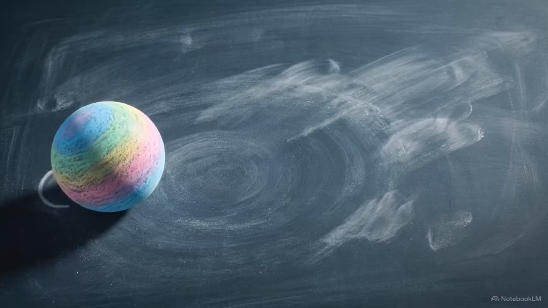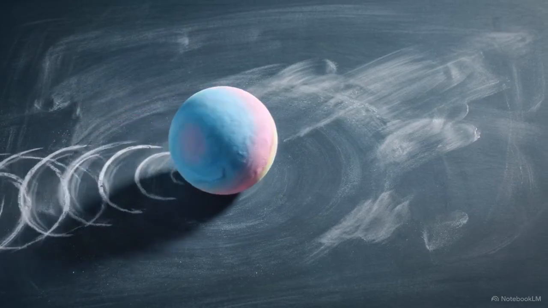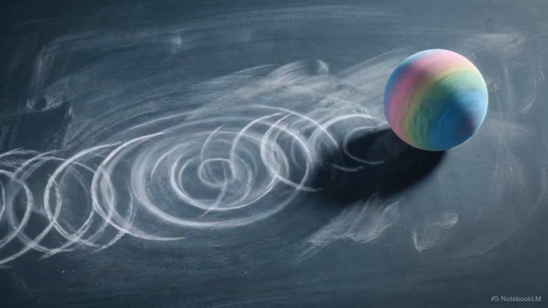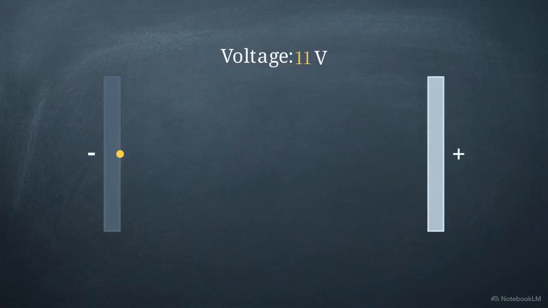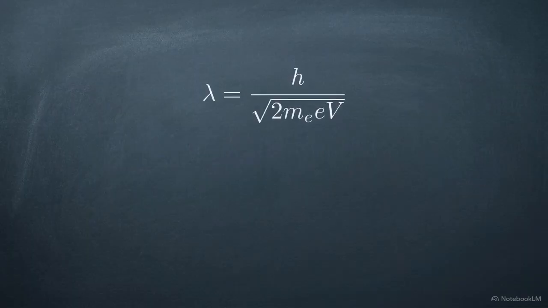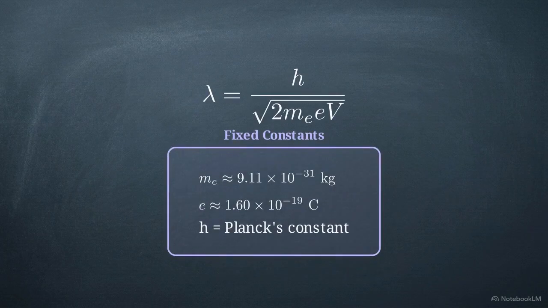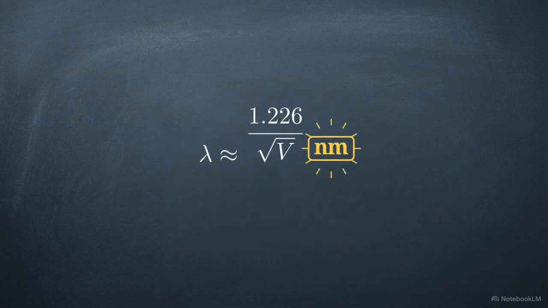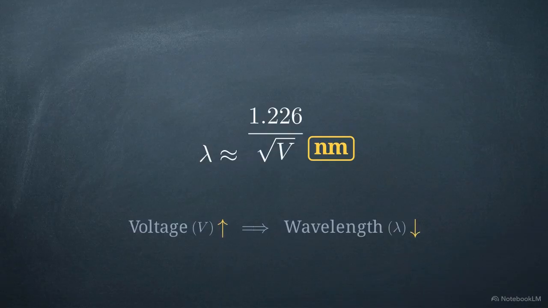This equation carried an explicit physical claim. Matter is inherently wave-like, a property that contradicts the classical billiard ball model of the universe. In the laboratory, we control a charged particle's energy by accelerating it through a voltage, rather than measuring its momentum directly. Since the mass and charge of an electron are fixed, de Broglie's formula yields a specific rule of thumb. An electron's wavelength is approximately 1.226 divided by the square root of the accelerating voltage, measured in nanometers.